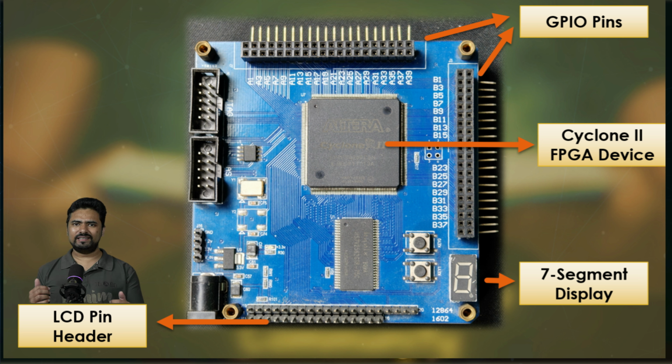Next, we will tackle a slightly more complex topic, which is how to synchronize an asynchronous input. We will focus on debouncing a switch input and discuss the approach to achieve this. We will explore how to generate a PWM, pulse width modulation, signal using an FPGA. We will cover a simple method for generating pulses, including how to vary the period and adjust the duty cycle of it.